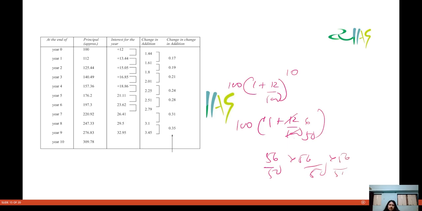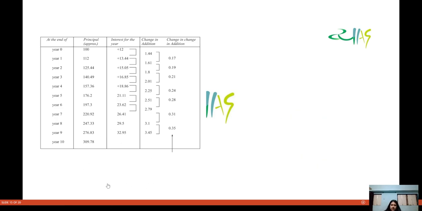And you know this multiplication is very difficult. Okay, so that method is definitely easier. So I hope you understand how we calculate our compound interest. You can look at this table and write this neatly, so your work will be done very well. So what we are observing here is that each time we are calculating this 1.44, we did this 0.17